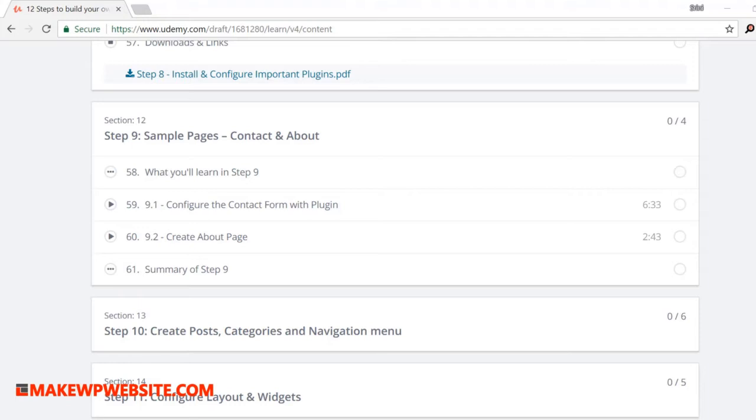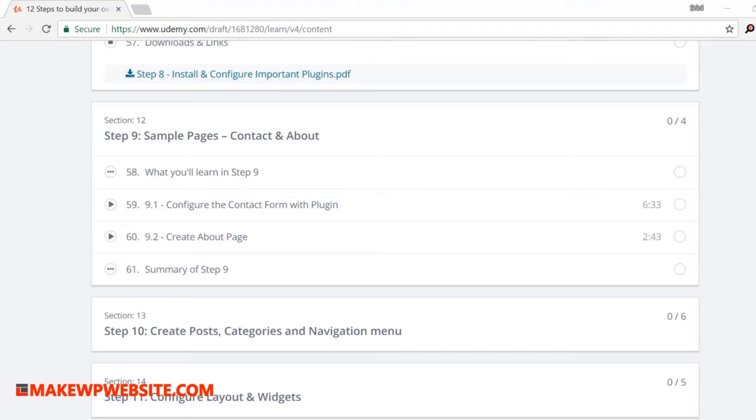I'll show you how to configure all the steps there, how to create a form, embed that form onto a page, and how to see it. We'll also test it by entering some data and verifying in the email address. All those configurations will be discussed here, and it's very important for you to learn because these two pages you will definitely create for everyone. Even if you're creating a website for others, before giving them the website, you basically create these two pages as sample pages for them to verify the site. So it's important that you learn how to create these two pages.